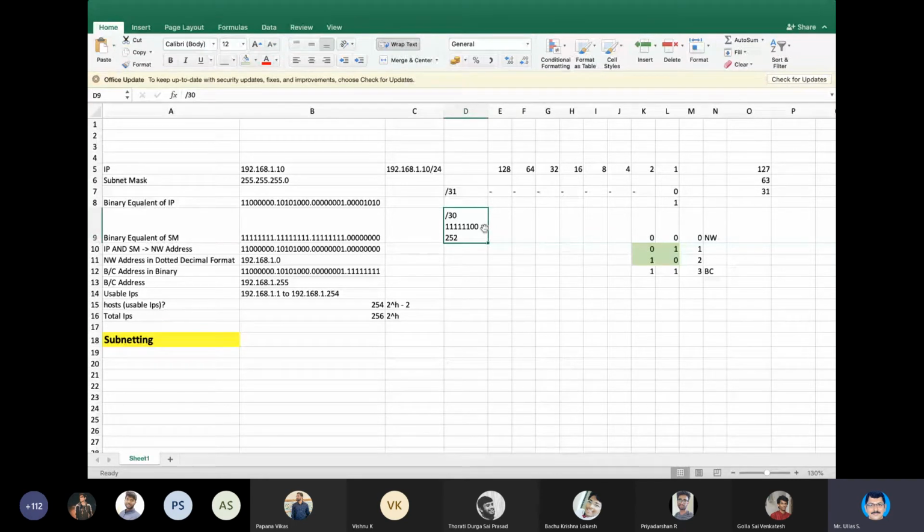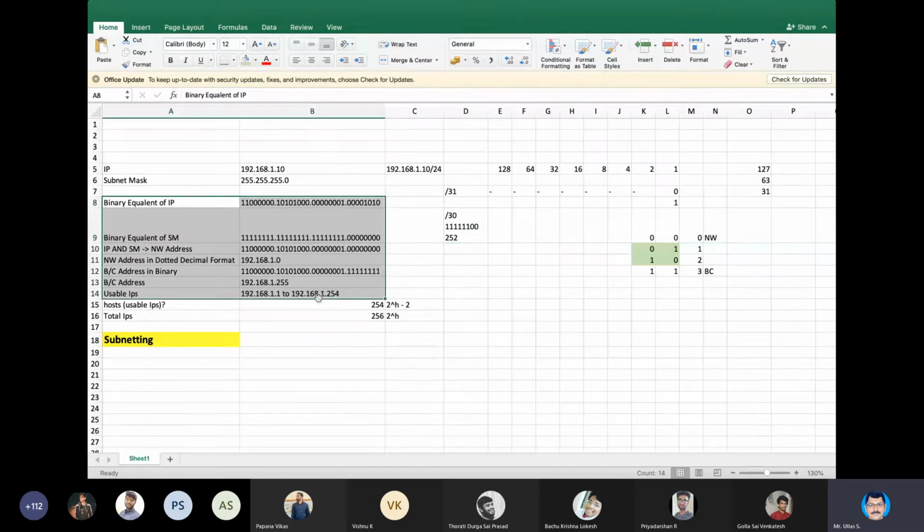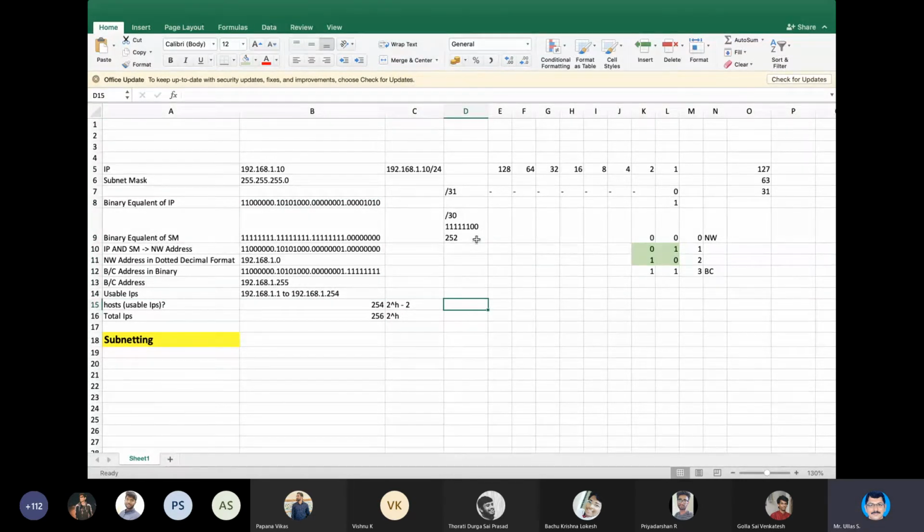If you are planning for the CCNA industrial exam, you will have to calculate all the things I have written here in your mind within 30 seconds. That will be the target. So I hope this is pretty clear to all of you now. Now let me go for /29. If I go for /29, how will it be? 3 bits I have to put, right? 0, 0, 0. Okay.